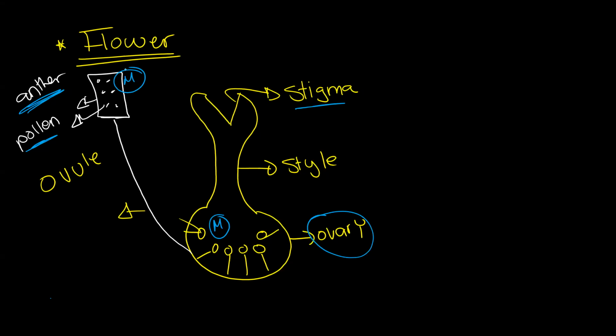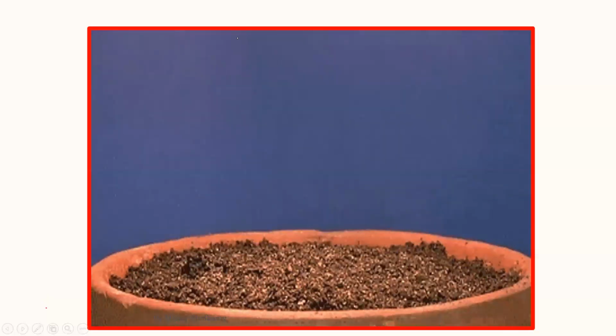Fine. Now, after the pollen is produced, the pollen needs to fall on the stigma. How does it fall on the stigma? The pollen is carried to the stigma by one of two methods. Who will remind me? Insects. Very good. Either by insects